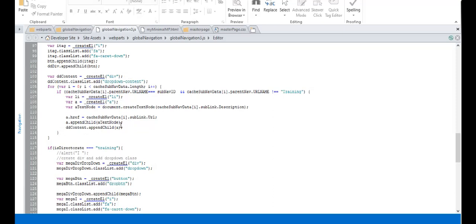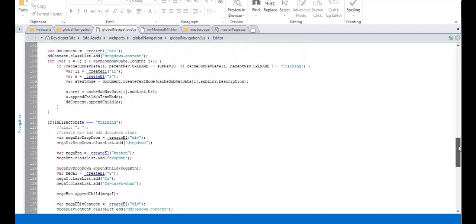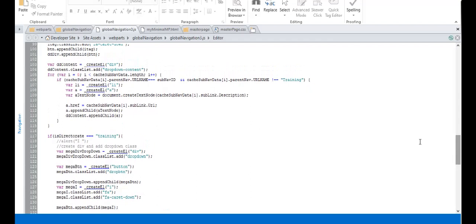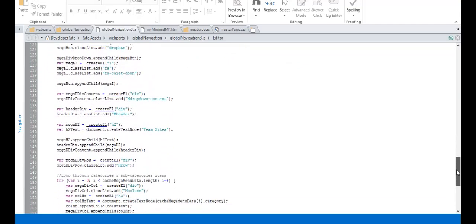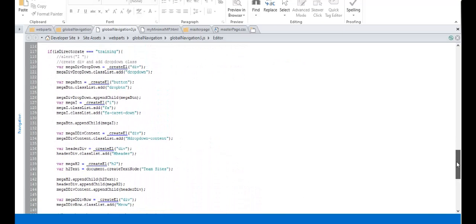So it does all of that, and then it appends it. And then I come out of that loop and I say, so let's say this is false, nothing happens there. If the directorate is equal to training, then that's where this comes in. So if it's equal to training,